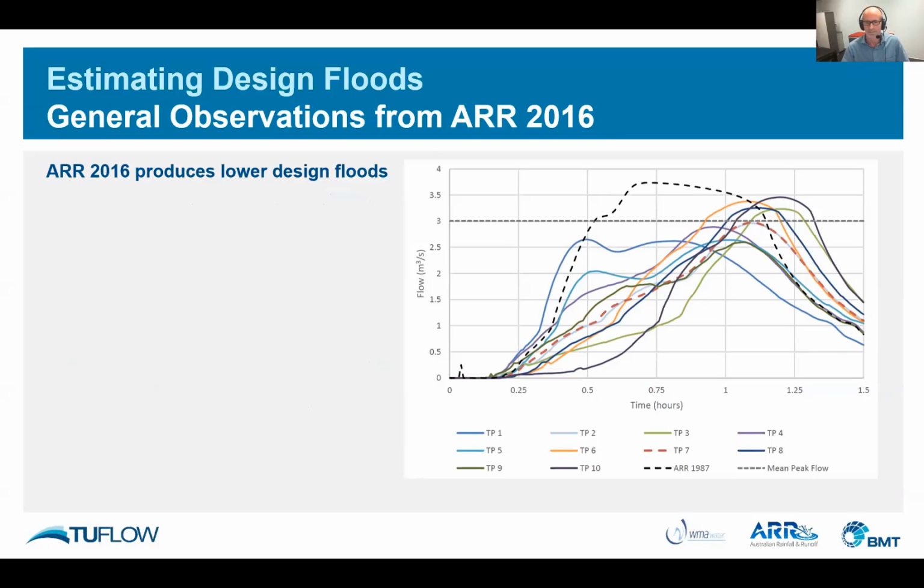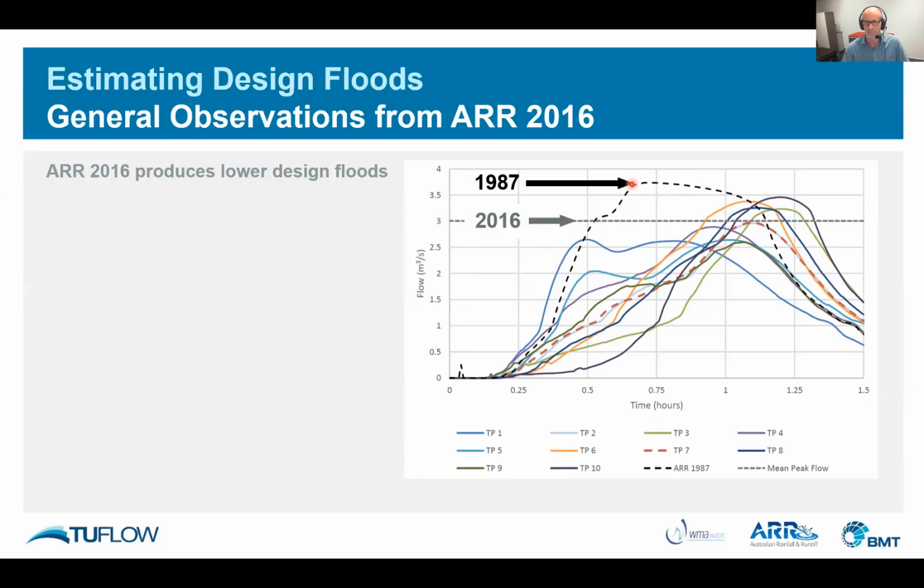And so on the right there, we have the flow hydrographs at a location. This is what we would have got with the 1987 temporal pattern for that region, that location, for this AEP. The other lines are the 10 temporal patterns that we've simulated using the new ARR. So you can see them all over the place. And we don't take the maximum of those, we take the average or median of those 10 temporal patterns. And so this is going to be the new design flow using the 2016 ARR. So you can see it's come down from the '87 one.